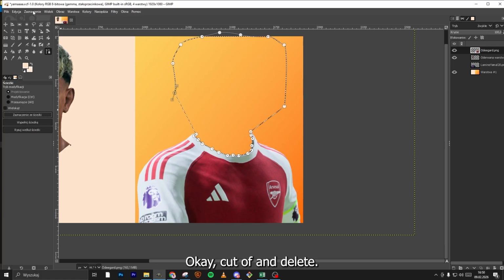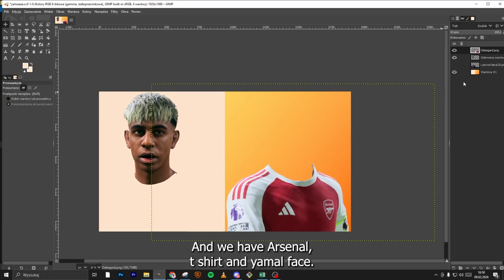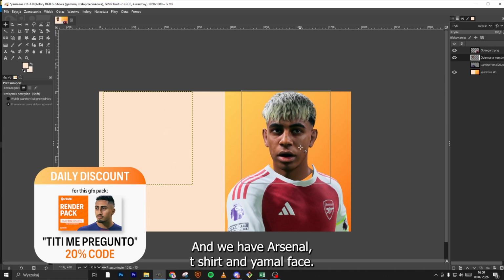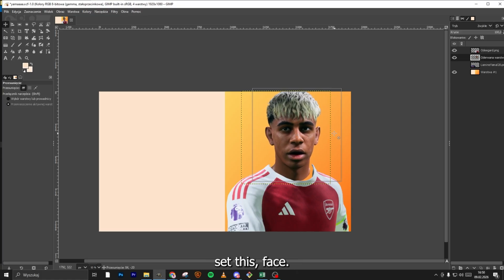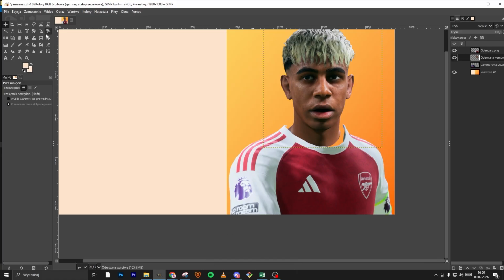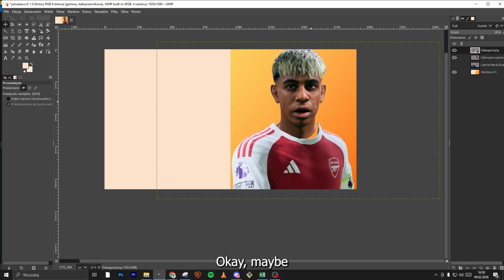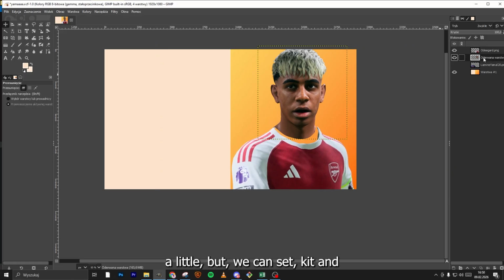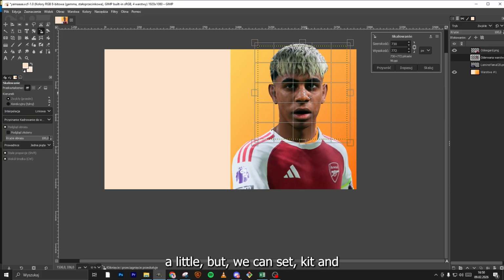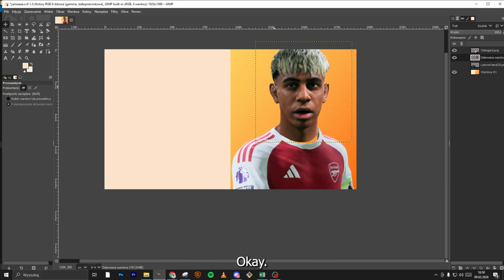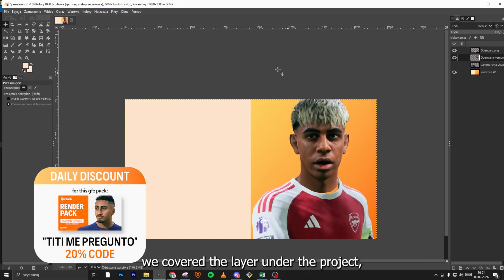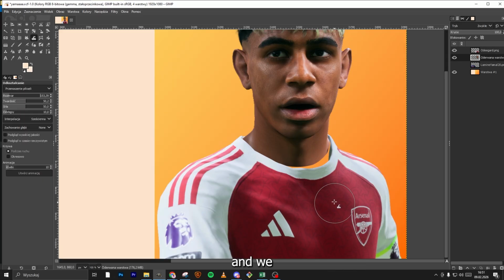Okay, cut off, delayed, and we have the Arsenal t-shirt and Yamal face. And now how to set this face. Okay, maybe a little lower we can set the kit and maybe scale the face. Okay, that's it. And we cover the layer under the project, and we